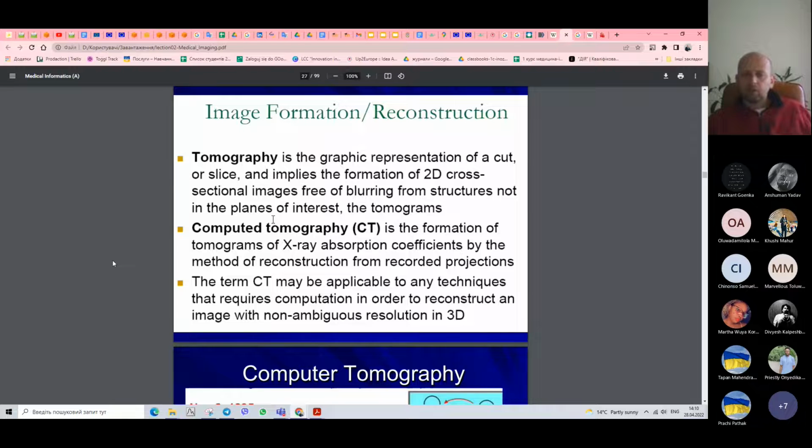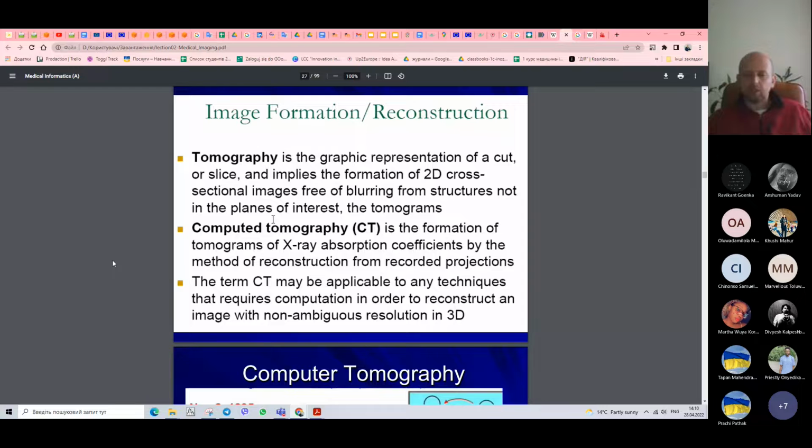Computer tomography is the formation of a tomogram of the X-ray absorption coefficient by methods of reconstruction from recorded projections. The term computer tomography may be applied to any technique that requires computation in order to reconstruct an image with